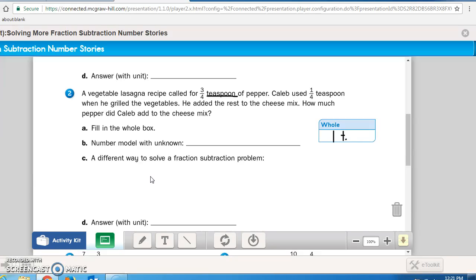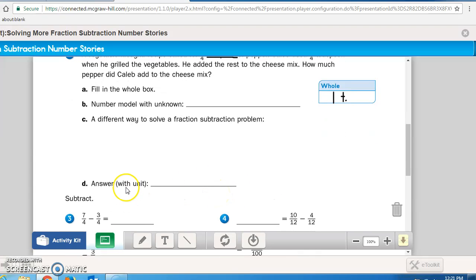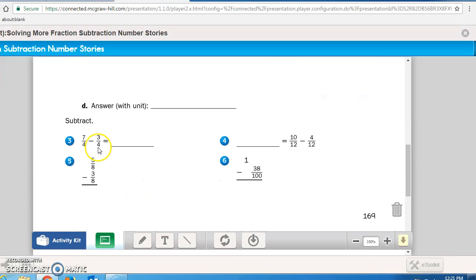like we wrote out in 1, or you could simply show me by using like your red fraction circle. So either way, but make sure you're drawing it or writing it here. Don't forget to answer it with the units, and then please subtract these fractions on the bottom. Pause the recording now, do page 169, and then bring it up to me so I can check it off